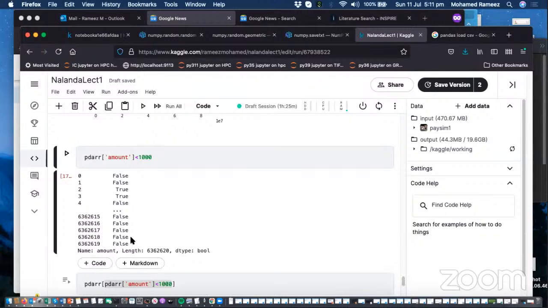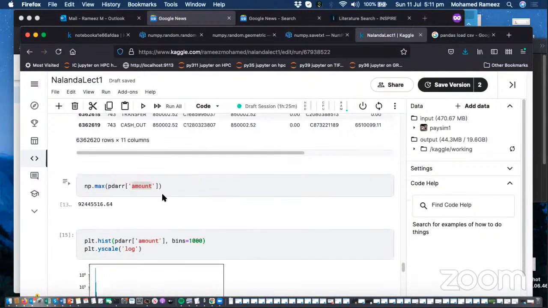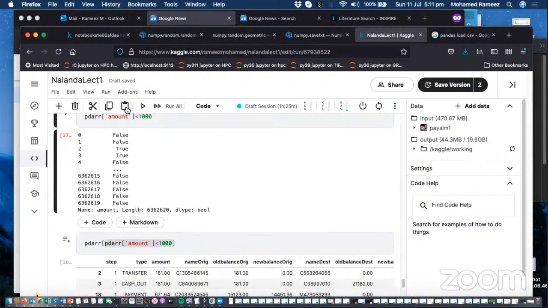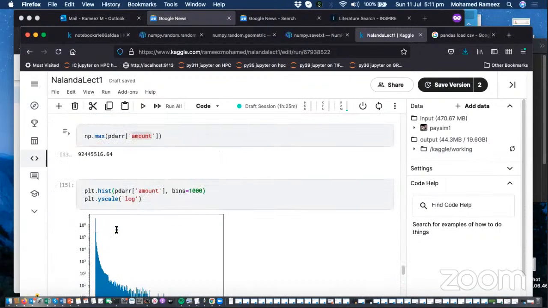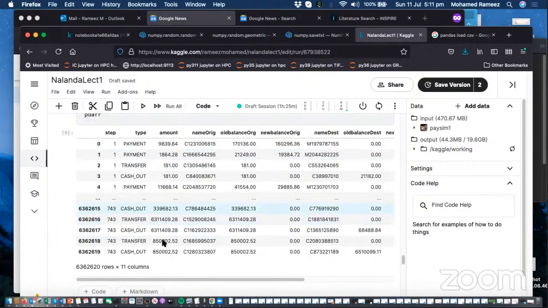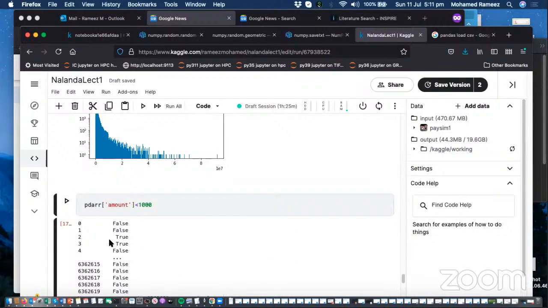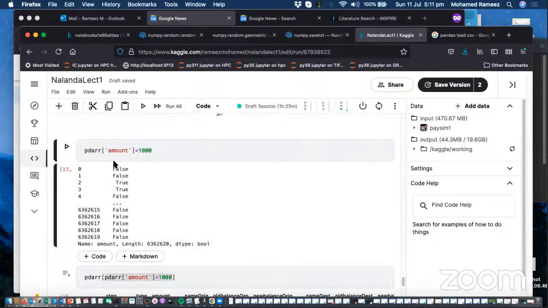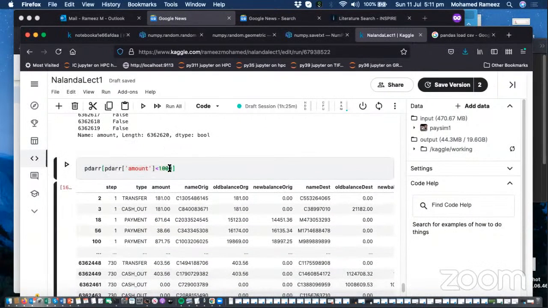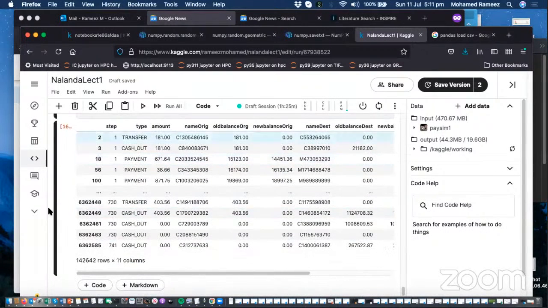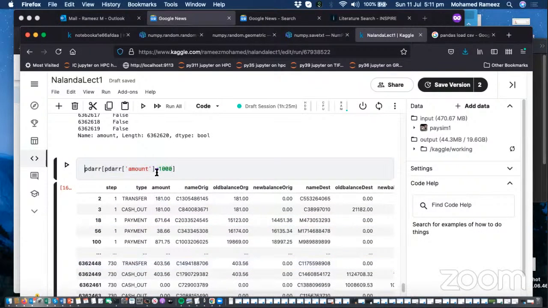You get an array of the same length as your first array, but which contains just true or false, depending upon whether the amount column value is smaller than 1,000 or larger than 1,000. And then if you use this array as an index for the main Pandas data frame, you get a new array which selects only the transactions which have an amount smaller than 1,000. So